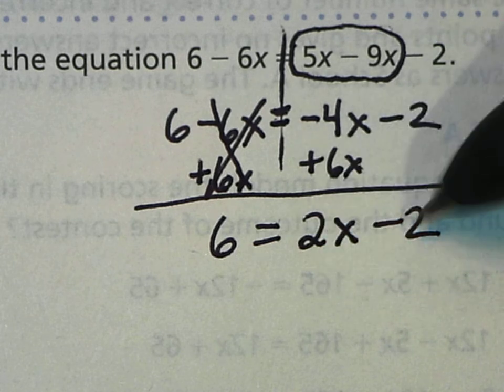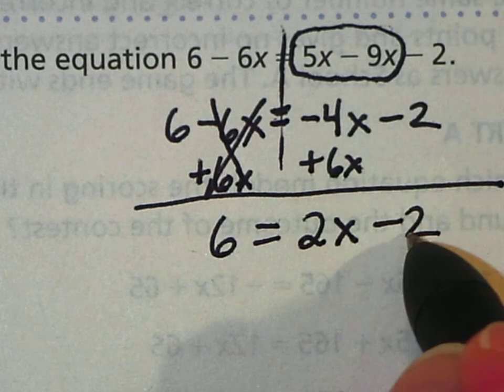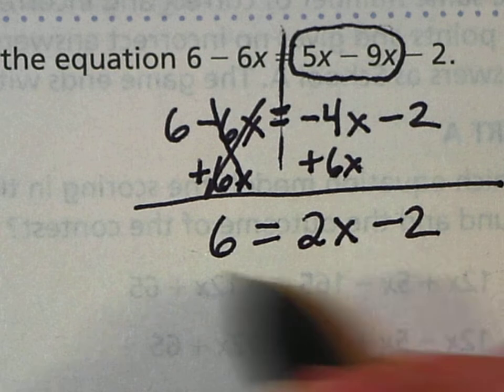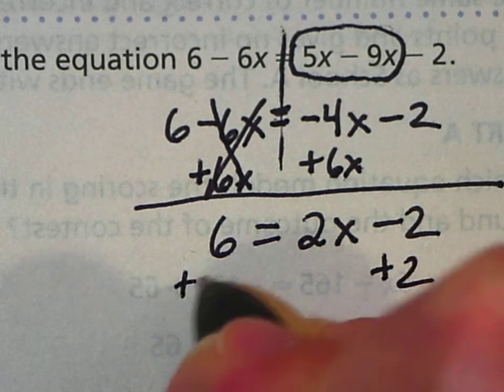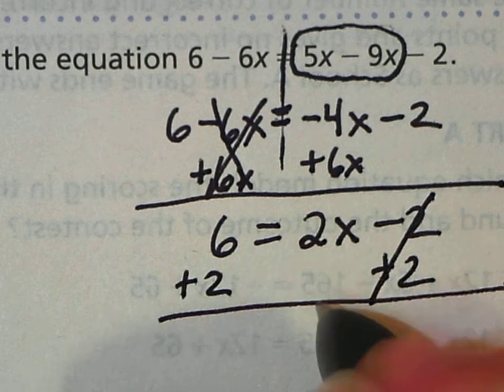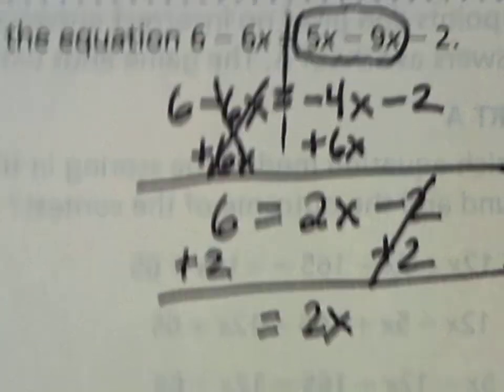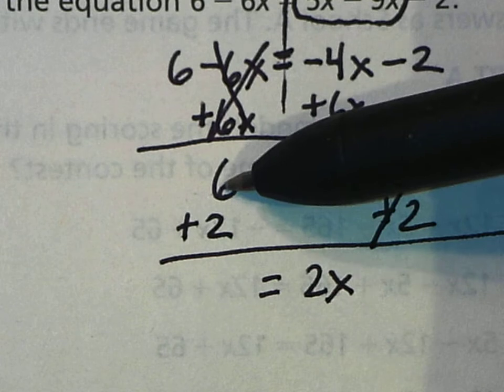I need to get rid of this 2 and this negative 2. So I'm going to move the negative 2 over because 6 and negative 2 are like terms. So the inverse of subtracting 2 would be adding 2. So opposites equal 0. I have 2x equals, and now these are just both positive, so 6 plus 2 is